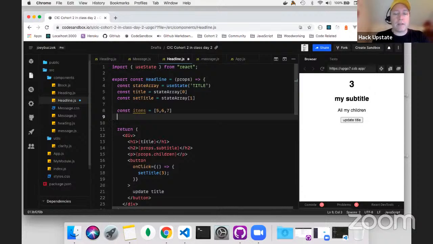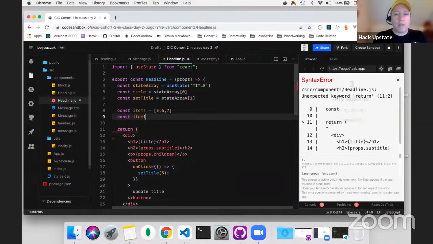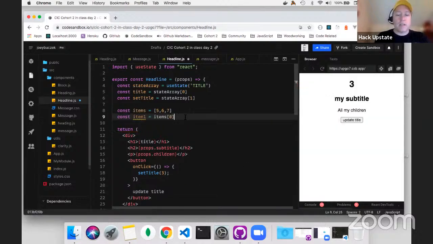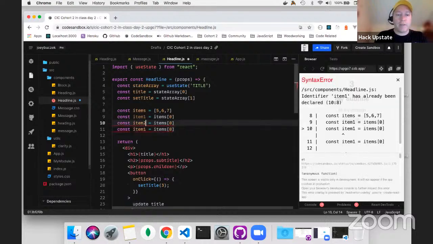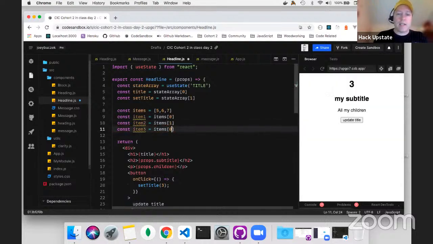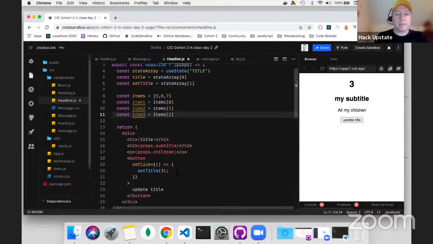If I want to grab out the first item, say const item1 equals items at 0, right? And I could do the same thing for item2 and item3. This is at index 1 and this is at index 2. If I want to pull out the first and second element at the same time, all I need to do